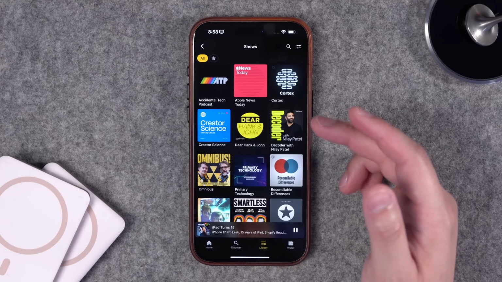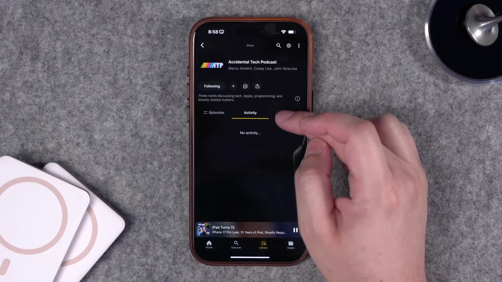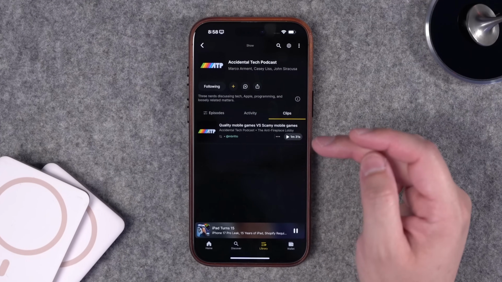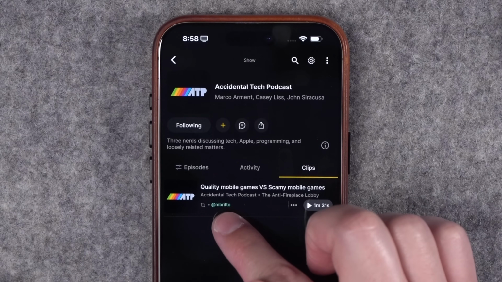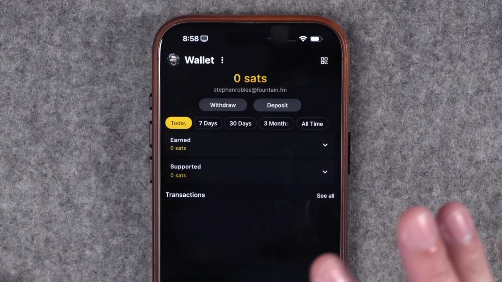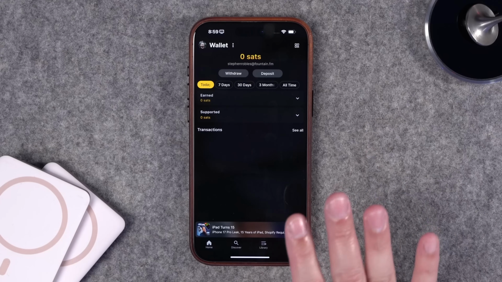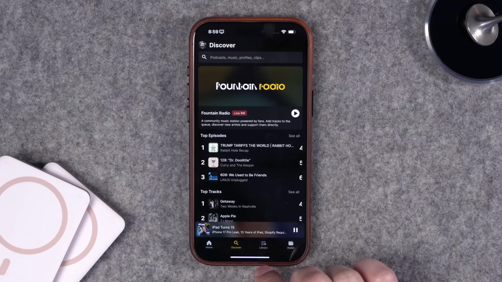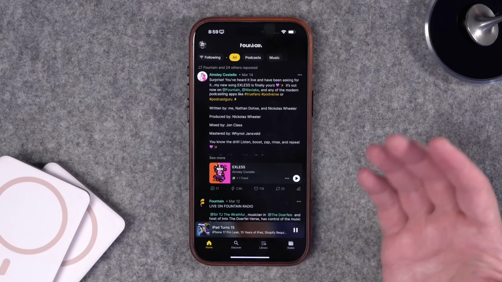Here's your episode library. And when you go to a podcast, of course, you'll see the list of episodes, your listening activity for that show, and even clips that people created of this episode. You even get to see the little username of the person who made the clip, which is pretty slick. Now, there's some interesting features like wallet, supporting shows, things like that. I didn't test or bother with any of that because I'm not really sure what it does, but that's that last tab. You can search for podcasts here, and on the home screen, there's actually a list of activity, which,